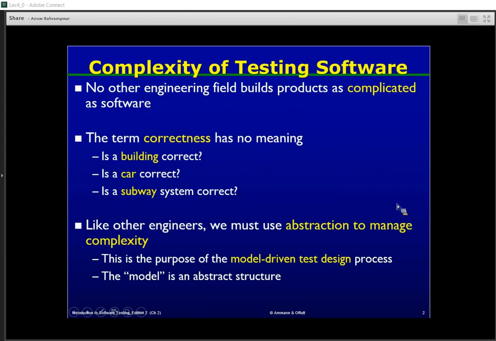In the first slide, we talk about the complexity of software products, or the complexity of testing software products. The first statement, the first item in this slide